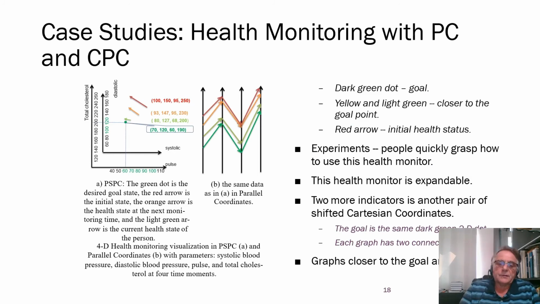This case study illustrates the advantages of shifted coordinates. Let's consider health monitoring with parallel coordinates and with collocated paired coordinates. So we have 4 attributes here, 2 for blood pressure, 1 for cholesterol and 1 for pulse. And we have 4 people presented here, and you can see the pattern. You can either interpret this as 4 different people, or you can consider this as one particular person, which starts with